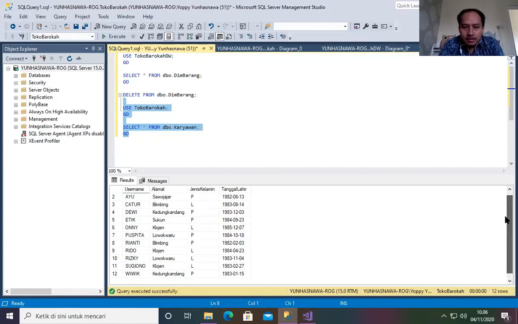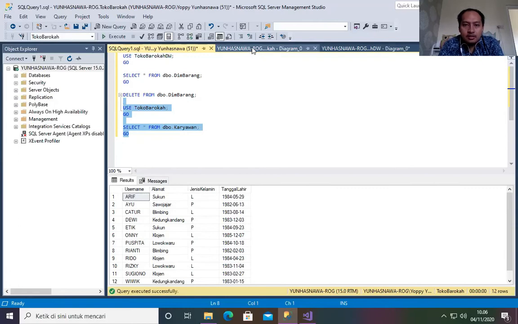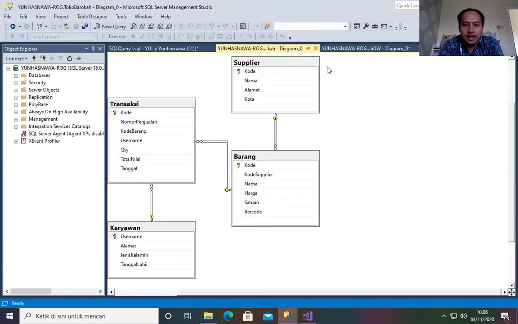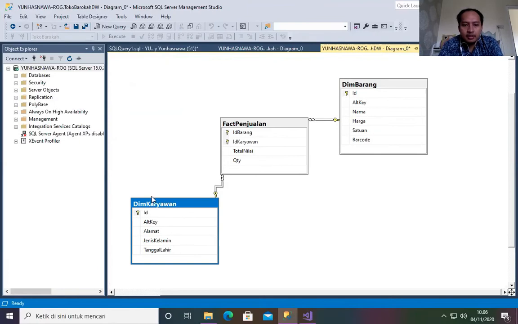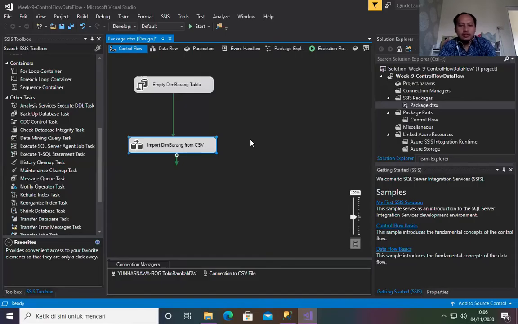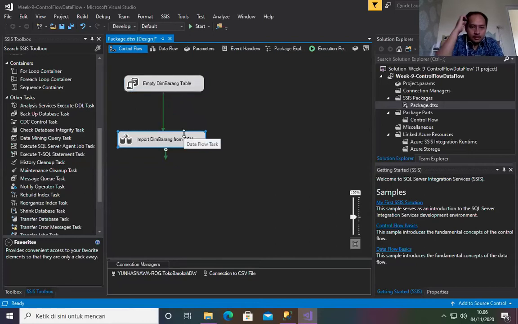And then we want to copy this data into our dim karyawan table right here. So what we have to do now is add another one like this.